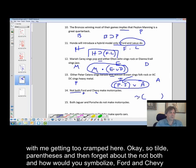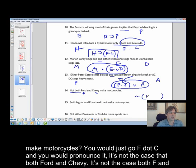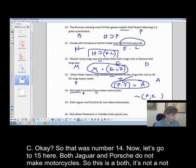Okay, so tilde, parentheses, and then forget about the not both. And how would you symbolize Ford and Chevy make motorcycles? You would just go F dot C, and you would pronounce that: it's not the case that both Ford and Chevy. It's not the case both F and C. Okay, so that was